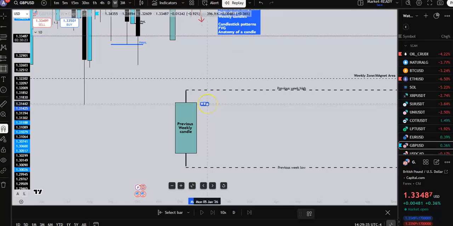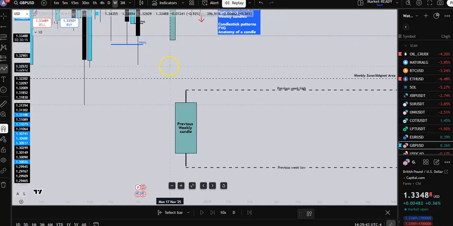And this is the weekly candle, and these are the daily candles. So the daily candle will open here. If we expect a bullish trend, a continuation, the first thing we have to do is take the previous week high, sweep it, retrace, retest, going up. If we expect a reversal, the first thing we have to do is take the previous weekly high, sweep it, purge, then reverse. That's why Monday, at the beginning of the session,